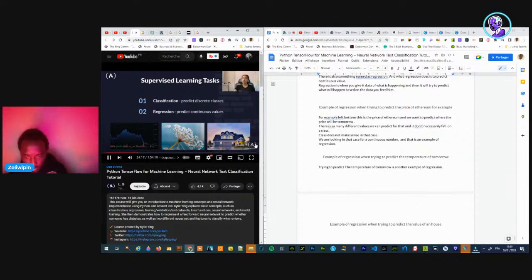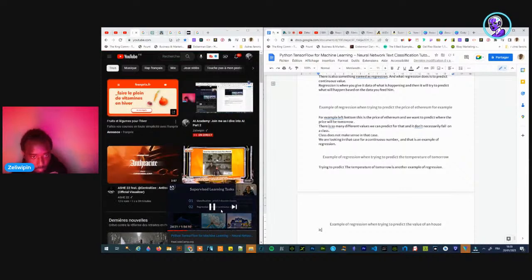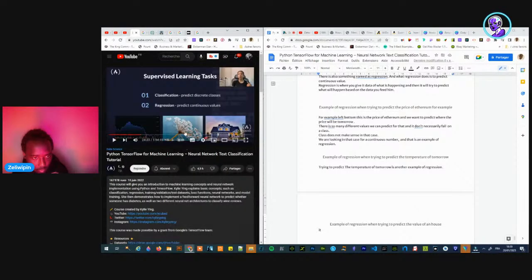It might be what is the value of this house given how many floors it has, how many garages it has, what's the zip code?